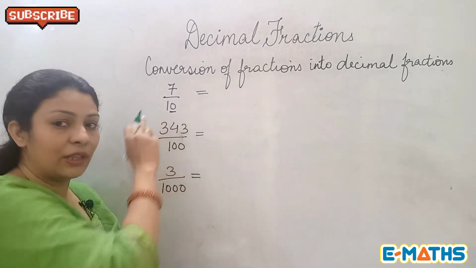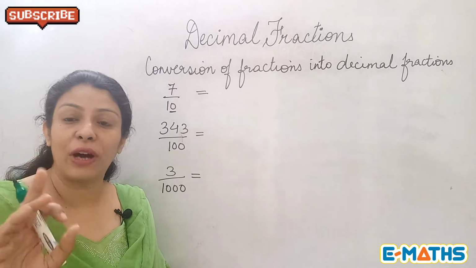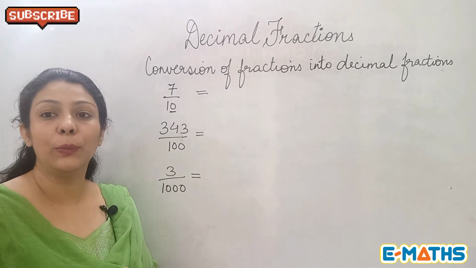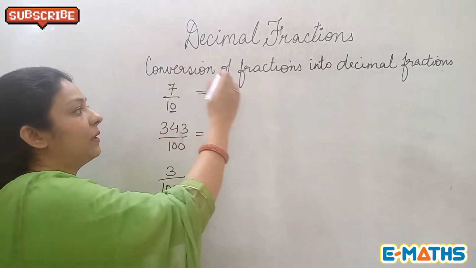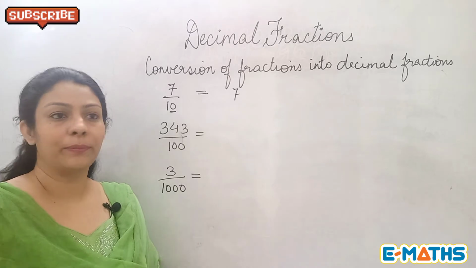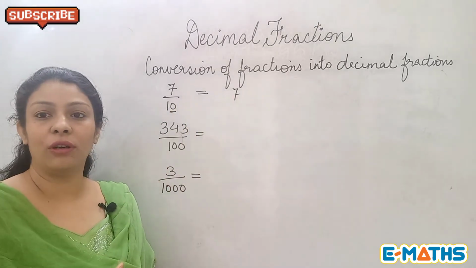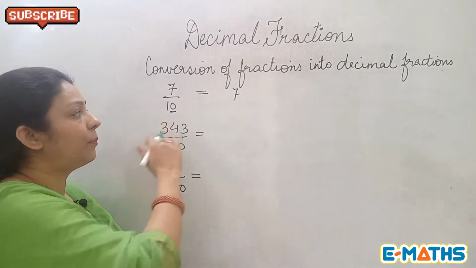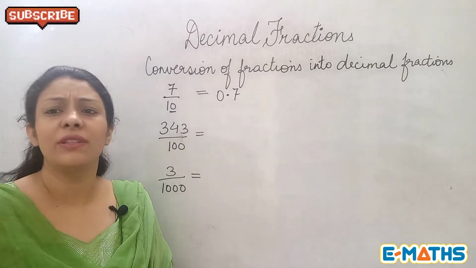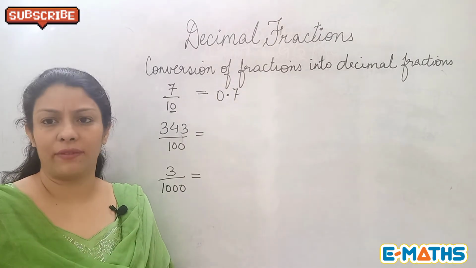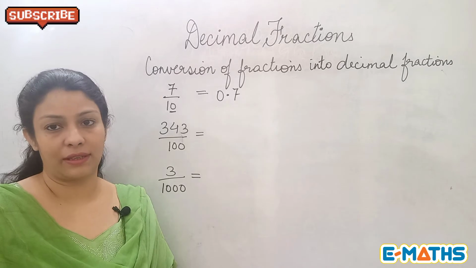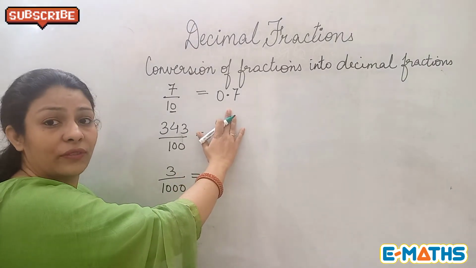If it has only 1 zero, that means your answer will have 1 decimal place. So 1 decimal place will be coming out from the numerator only. That means your numerator has to be there in the answer. Now you have to put a decimal point. This numerator was having one digit already and we need 1 decimal place. So we'll put a decimal just before that 7. And then you can put a 0 before the decimal, which will not change anything. It will remain 0.7 only. So that's how we write any fraction as a decimal fraction. So that's the answer for the first part.